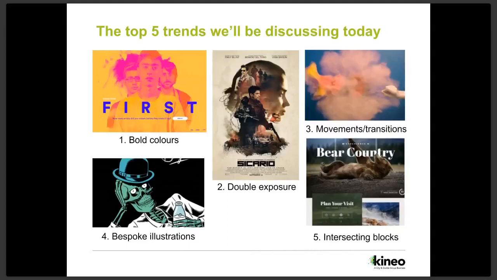So we've got 5 different ones that we're going to look at: bold colours, double exposure, movement and transitions, bespoke illustration, and intersecting blocks. And for each of those, as we go through, we've followed a fairly similar structure for each one. So we'll be having an overview, looking at some key examples from print or the web, also examples from Kineo, things that we've produced,